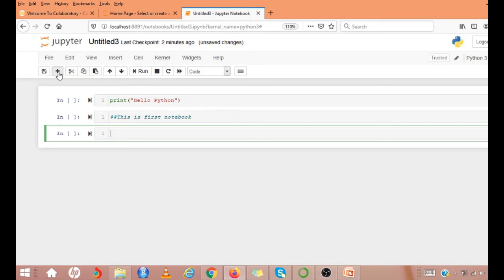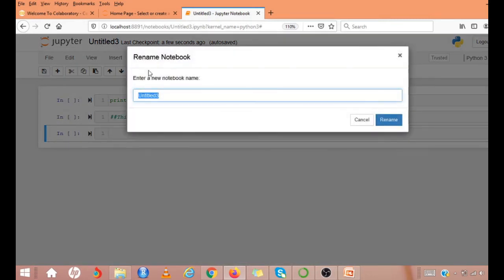And you can save the notebook using this button. You can select cut, copy, paste, everything can be done here. You can save it. You can also change the name of the file. Default will be Untitled. I can just click here, then give a notebook name, then rename it.